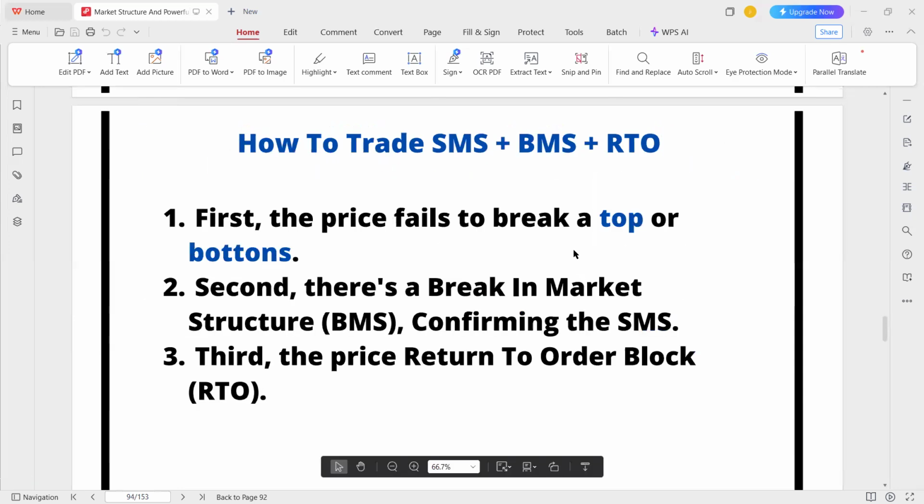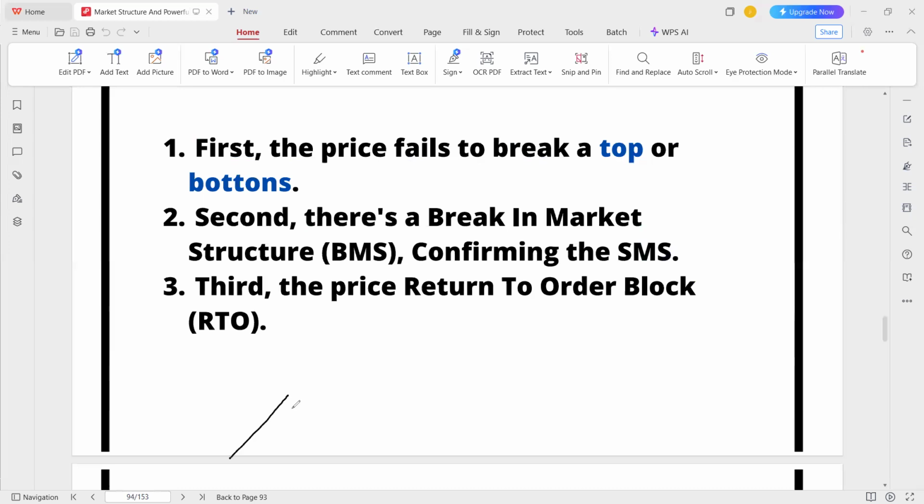So how do we trade a failed swing plus break of market structure plus return to order block? The first thing is the price fails to break the top or bottom, right? Then the second thing is you want to identify a BMS, confirming the failed swing. To confirm that price has failed, let's say price was coming up, right? Then we do this. Once you identify this high and you identify that there's no stop hunt happening here, but my price is already in motion to come down,